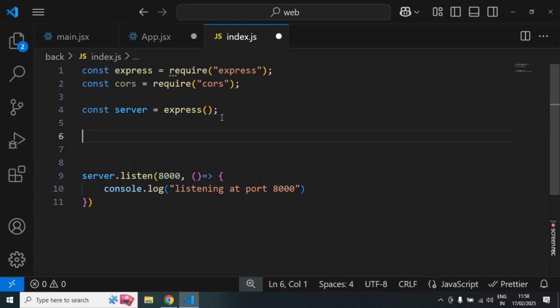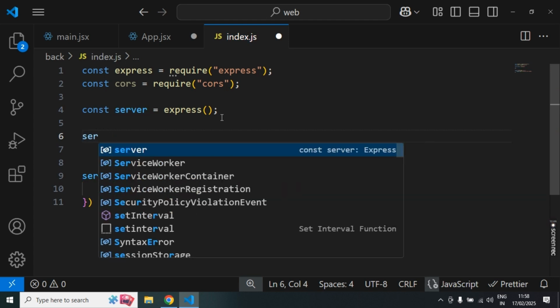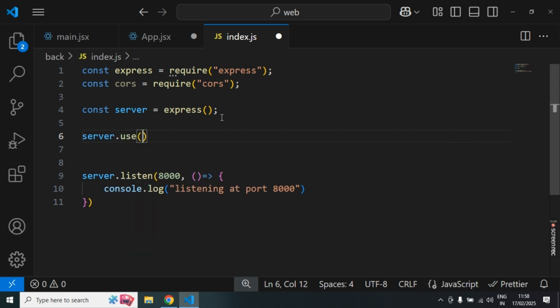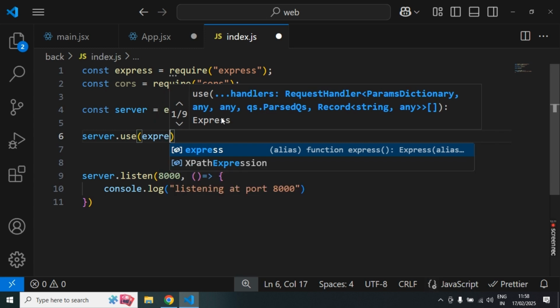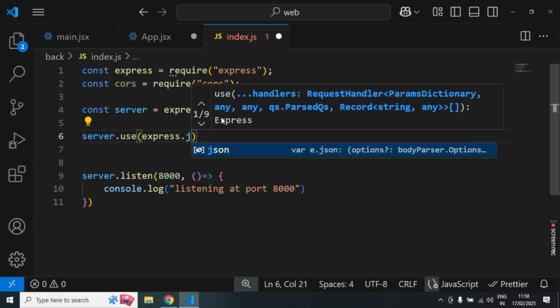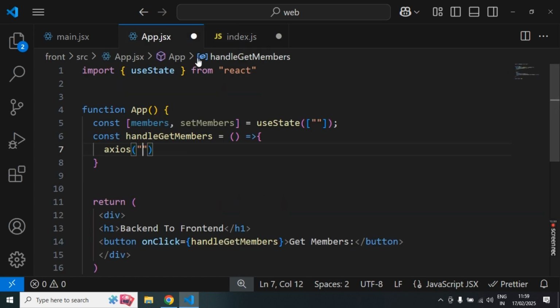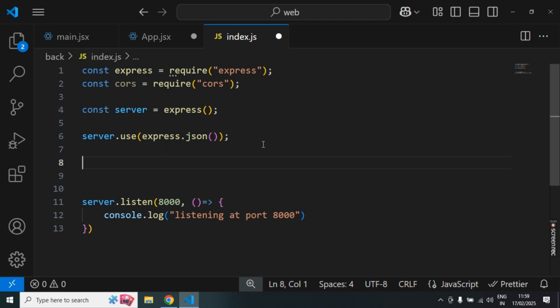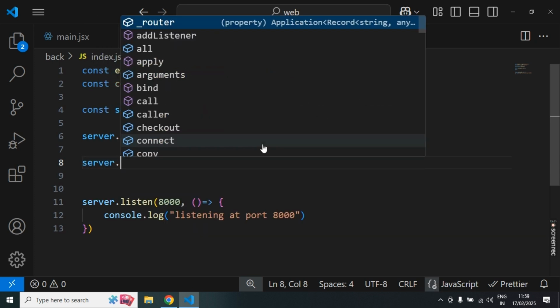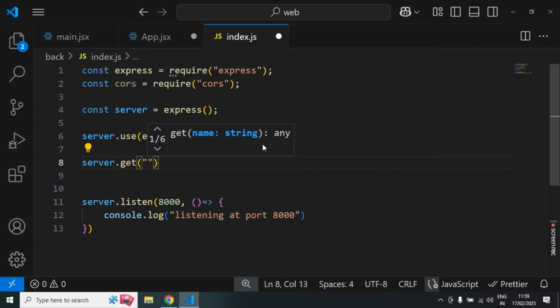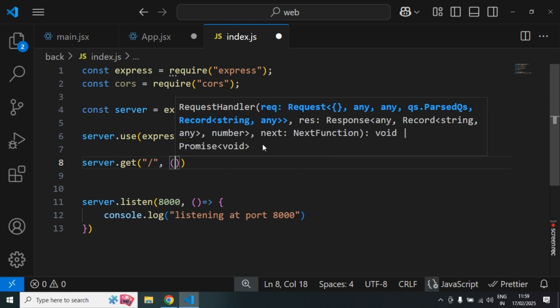I will also use JSON format for our data communication. So I will just write server dot use express dot JSON. First I will just run a server, and then on that server I will create a path. Let's say server dot get path, which will get as the entry path of the browser, and